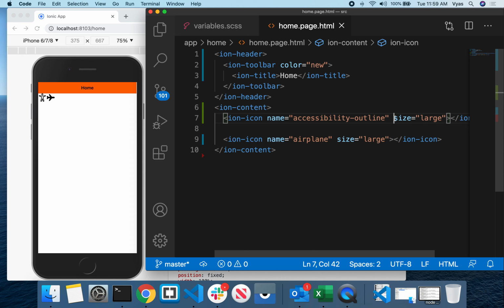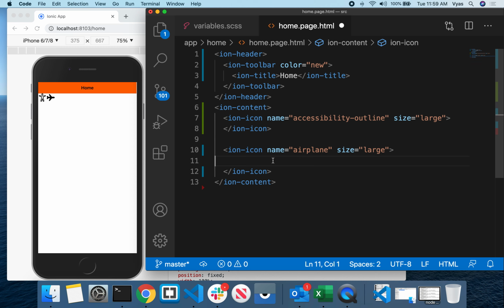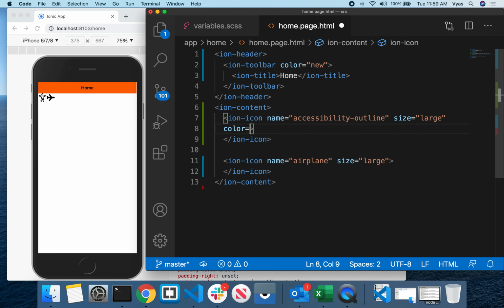Okay, along with this, I can also give some color for this icon. When I want to give the color, there is no need for you to write CSS. Same as how you apply the color to your header, we can give some color to the icon here. Simply you can use the attribute color, and from the theme, that is the variables.scss file, you can define whatever color you want here.